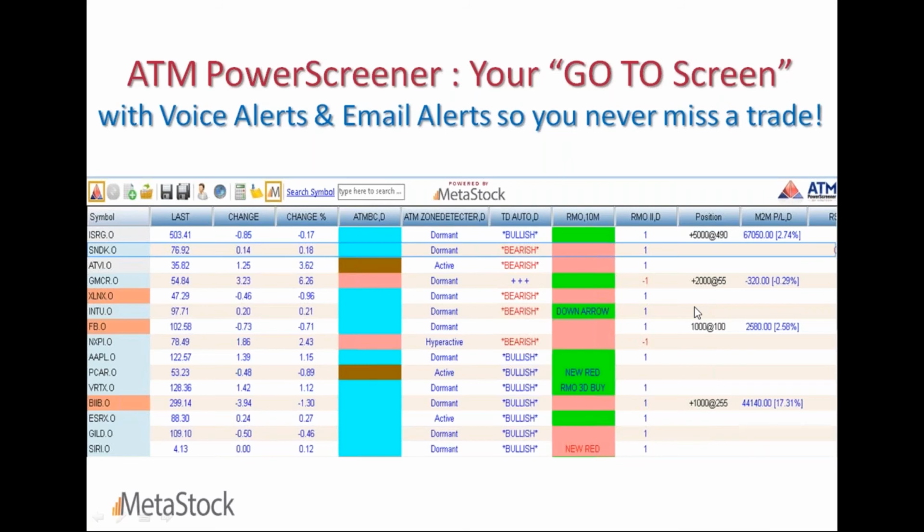Jamie asked a question, if I trade options, do I need to use all of these indicators? No, you do not, but let me give you one heads up here. So you're using the RMO 2 pulling back to zero. Just to recap, let's say that blue RMO 2 plus comes to zero and you want to buy calls, check you've got a 3 or 4 bar drop in terms of price when you're buying the calls. Ideally, you want to do it when the zone detector is active or actually dormant because the volatility is low. So just keep those 2 or 3 pointers in mind, and that should be good enough.